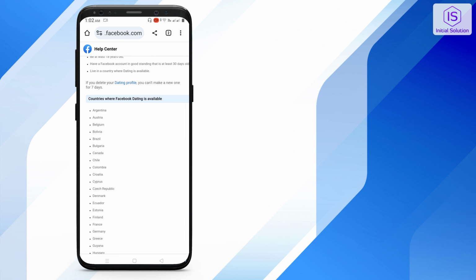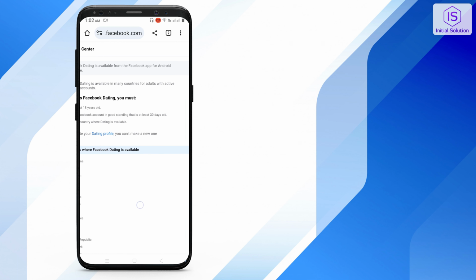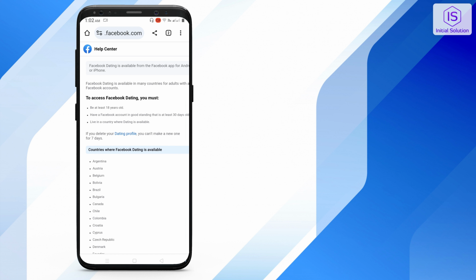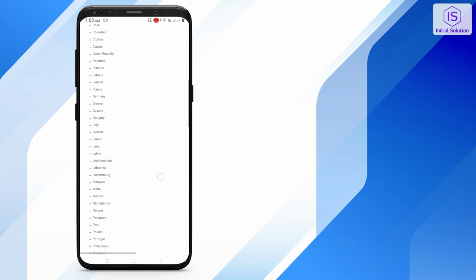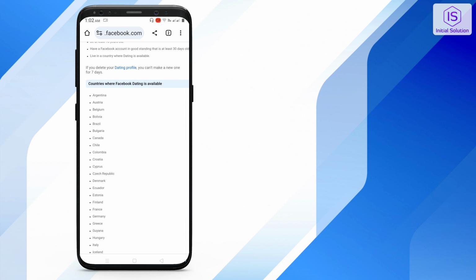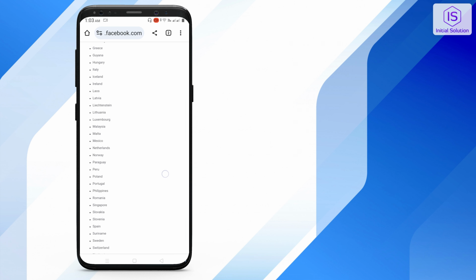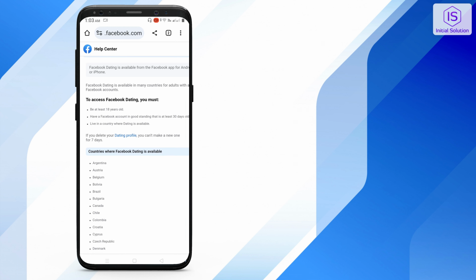So if I go to Chrome, you can see this dating option, and there are some criteria: you have to be at least 18 years old and in good standing. There are also some countries where this dating feature is available. If your country is in this list, then you can get this dating option on your list or menu. So if you are in this country list, and you still can't see your dating option on your list,